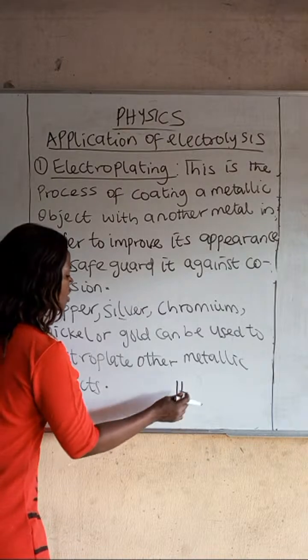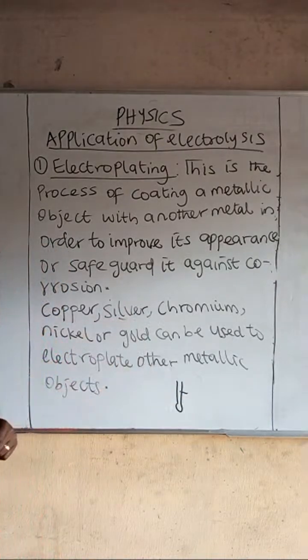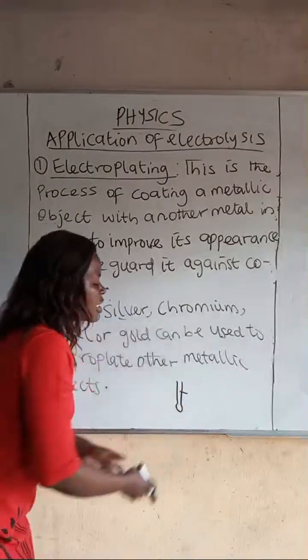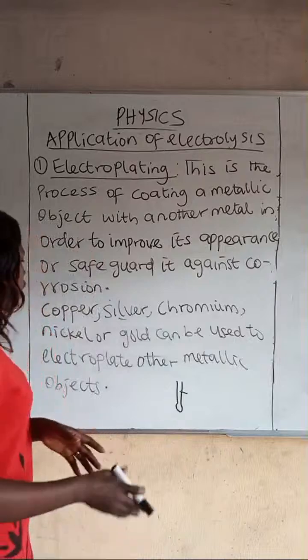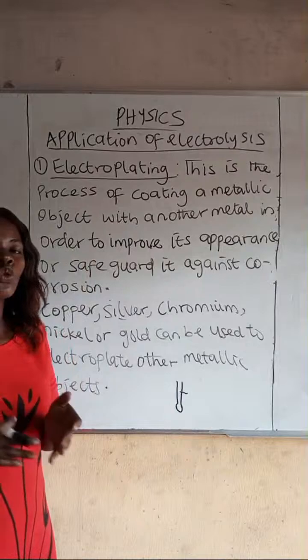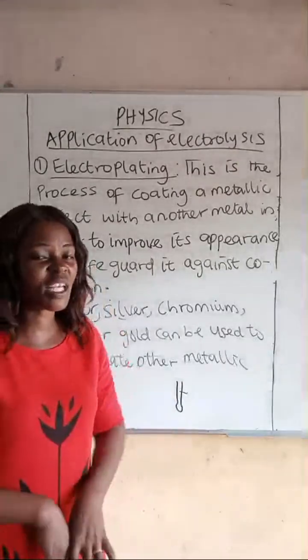They will now coat it. It will now come out by what? Bearing a silver color. That is what we mean by electroplating. Okay? Plating is rubbing this silver on this material, it will change to silver. Or rubbing gold on this material, it will change to what? It will change to gold. That is electroplating. We are plating another color on it because that is not the true nature of it.